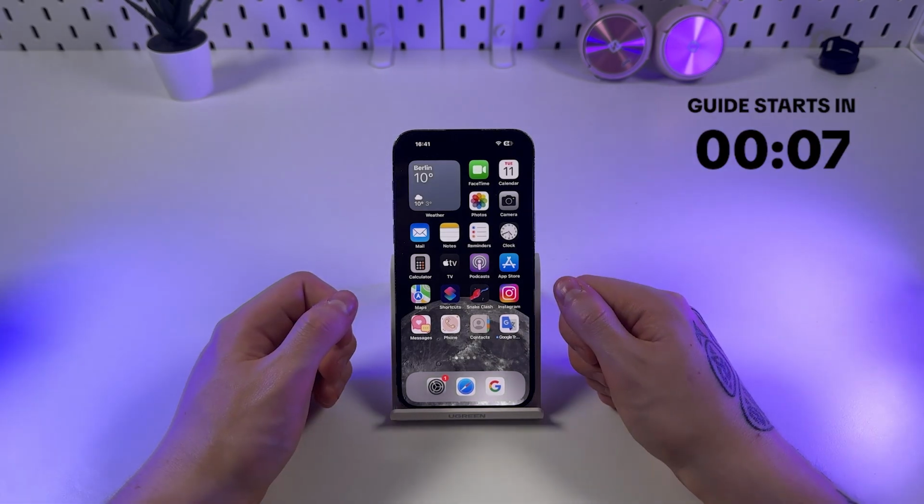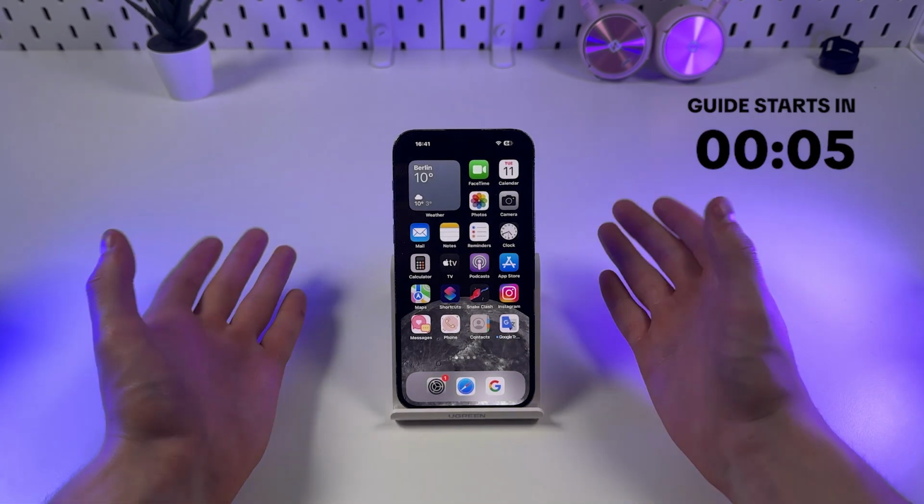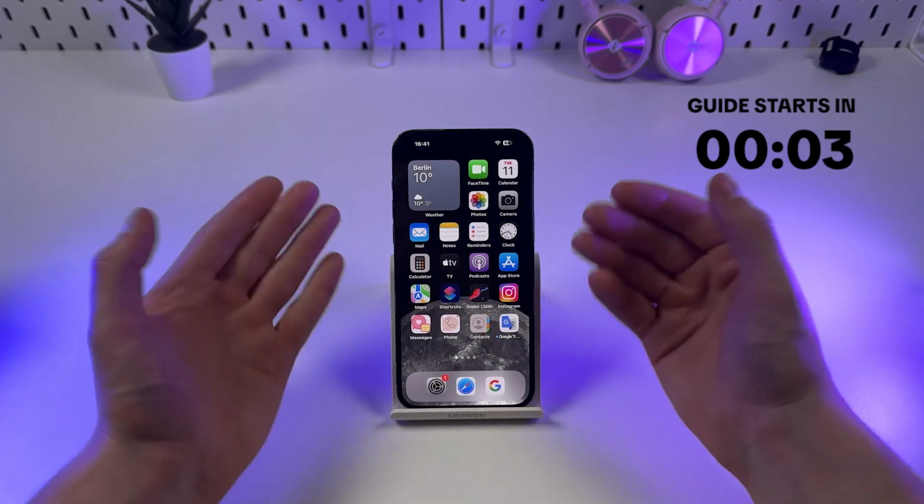Hello everyone, in today's video I'm going to show you how to turn on and off guided access on your